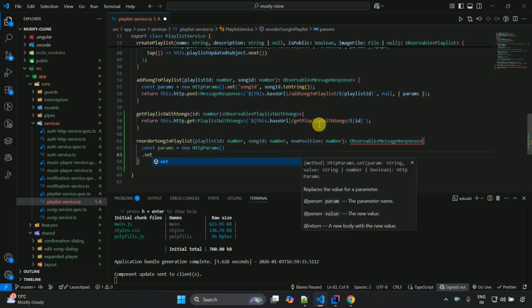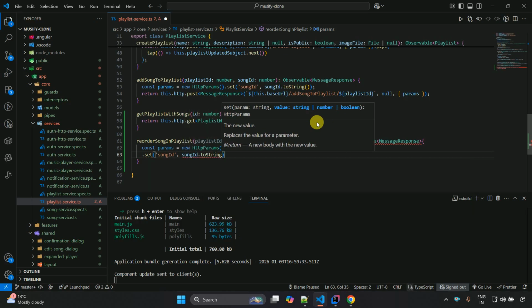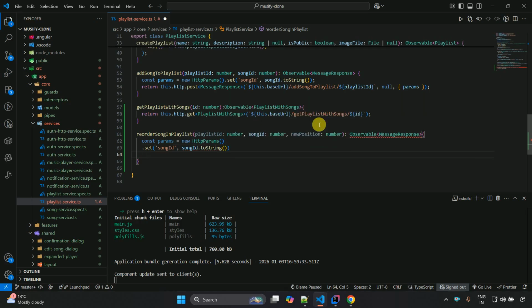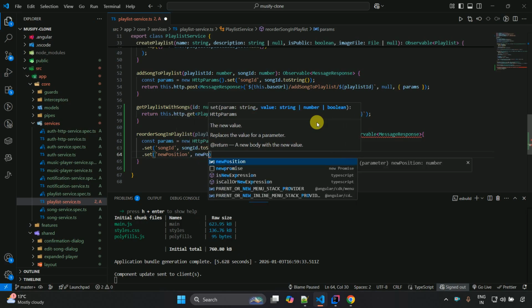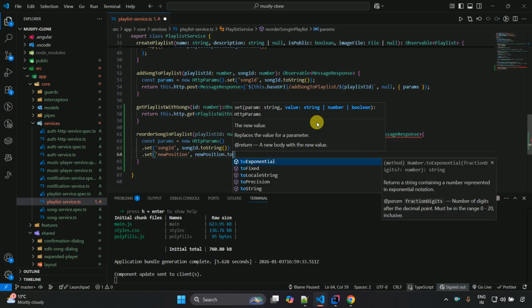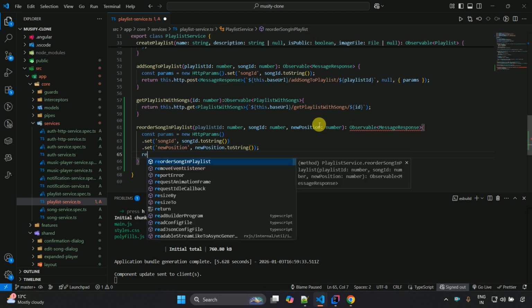So dot set, and then songId comma, and songId.toString(), and after that dot set, and this one newPosition comma, and newPosition.toString(), and then put semicolon at the end, and then we have to write the last line, which is return this